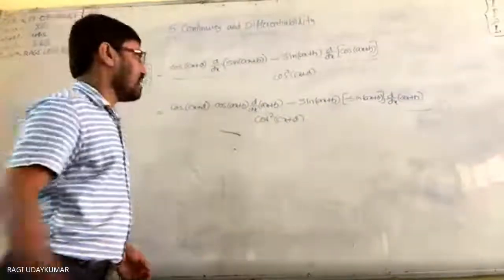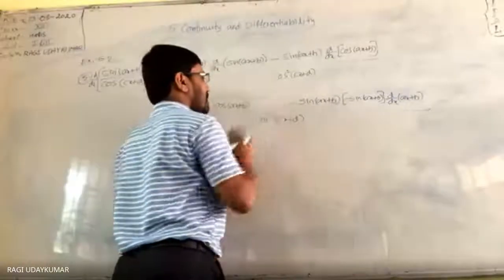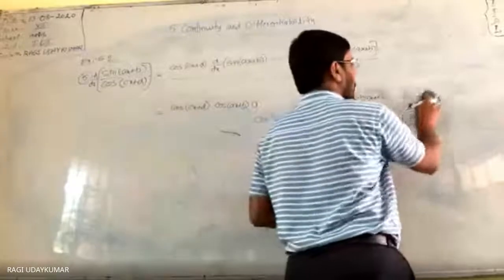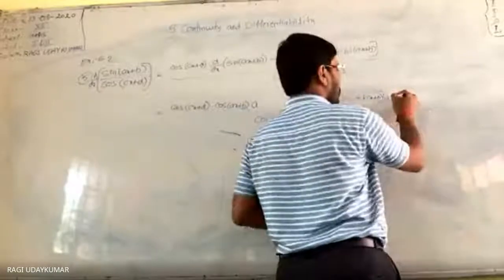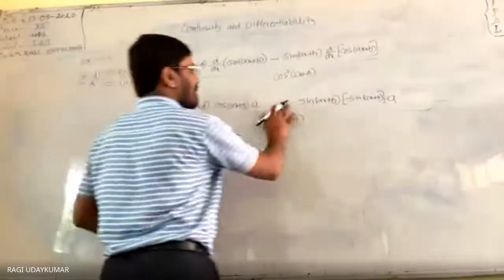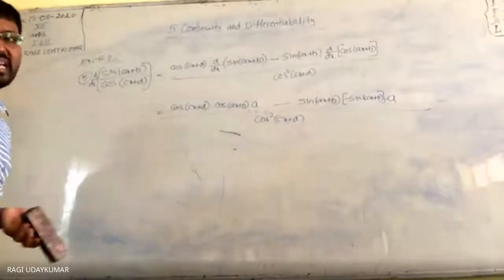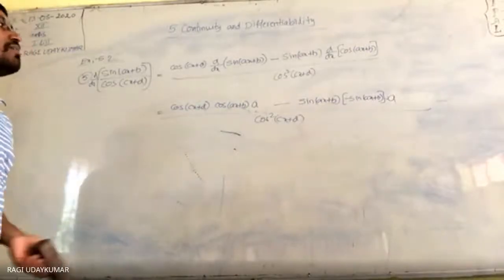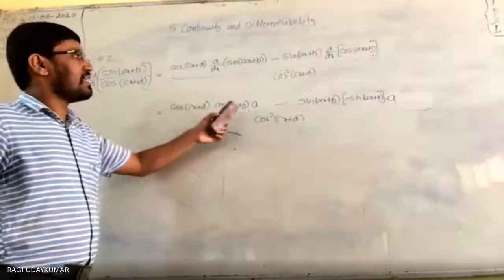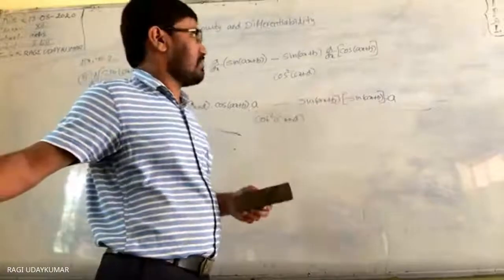It takes some time. We have length. This d by dx of ax plus b will become a. So here, a. This d by dx of ax plus b also will get as a. So here you are having minus, and in that a you can take the common or you can keep it as it is. This is the final. You cannot simplify this further because here you are having cx plus d, here ax plus b. If you want, here you can write sin square ax plus b.